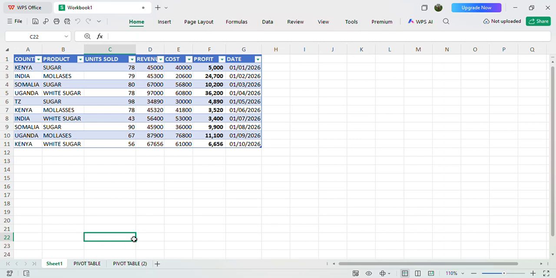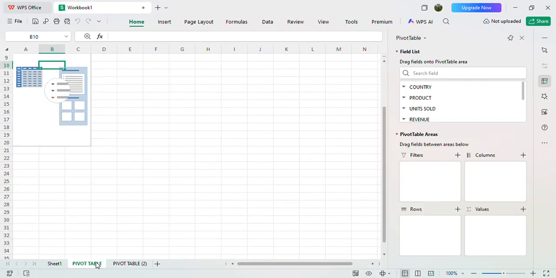Suppose you're given this data here, and you're told to generate a dashboard for it. So it is very simple. The data already is in pivot tables. So as you can see, this is the information that I've converted into this pivot table. But now that is not important. What is important is how to generate